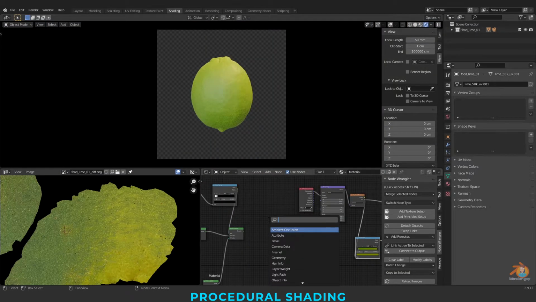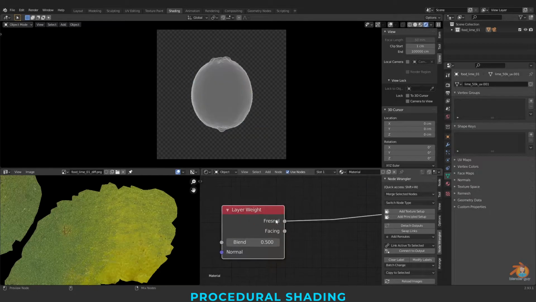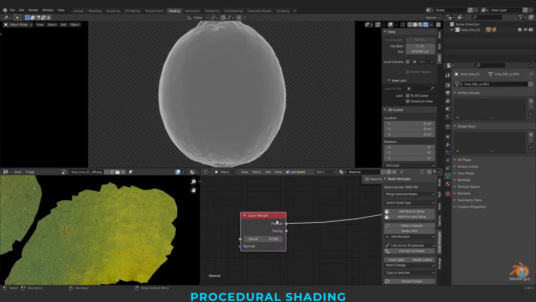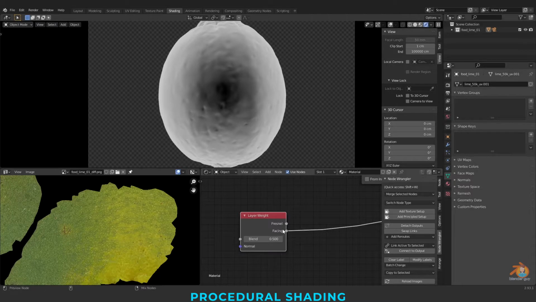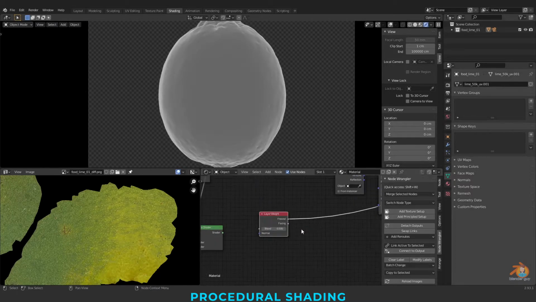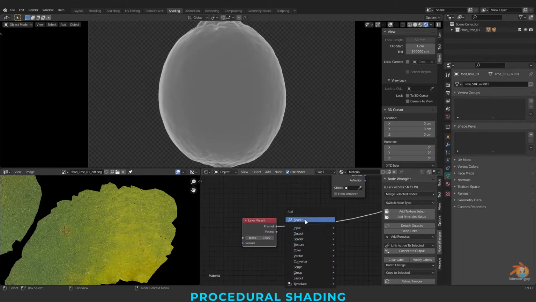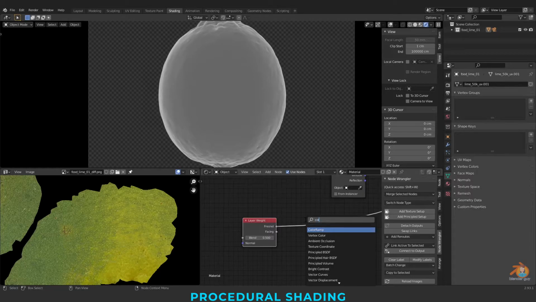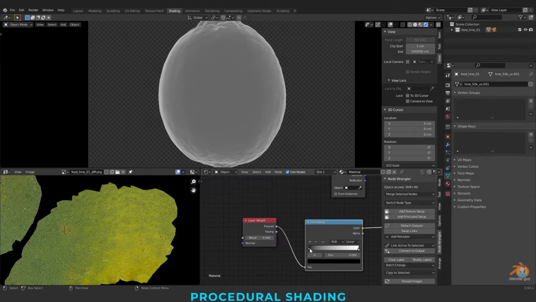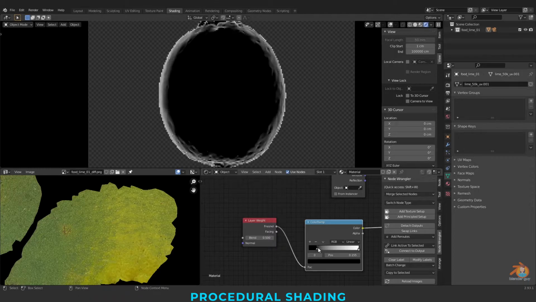Now I'm taking a layer weight and also a color ramp to control this.